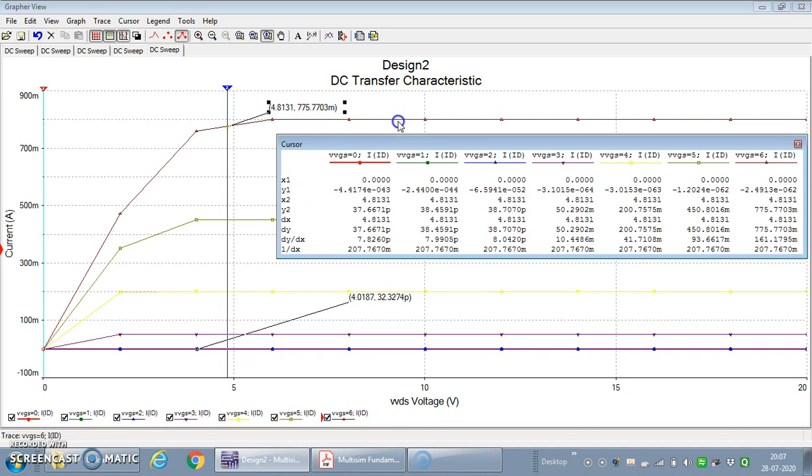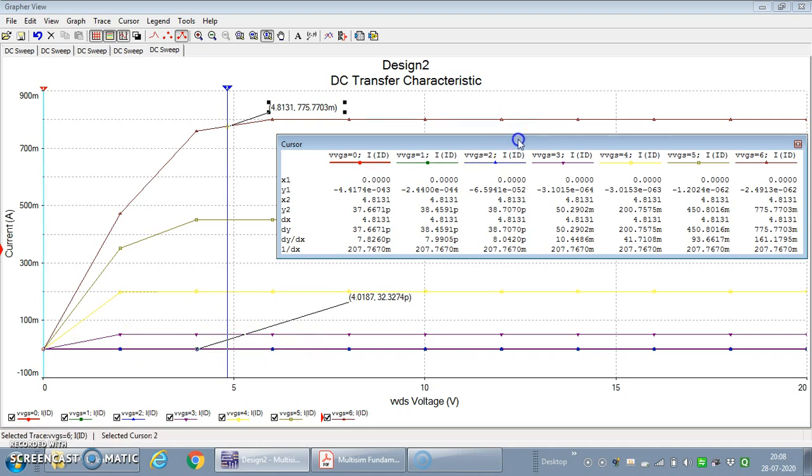But for the last graph, this last graph is for the VGS equal to 6 volts. This particular graph is for VGS equal to 5 volts. This graph is obtained for VGS equal to 4 volt. This is for 3 volts. And this graph is obtained for VGS equal to 2. So 2, 3, 4, 5 and 6. Below 2, it is giving the 0 value because at the 2 also, its threshold voltage value is greater than 2 volts. So at exactly VGS equal to 2 volts, it is giving us the value as a 0.